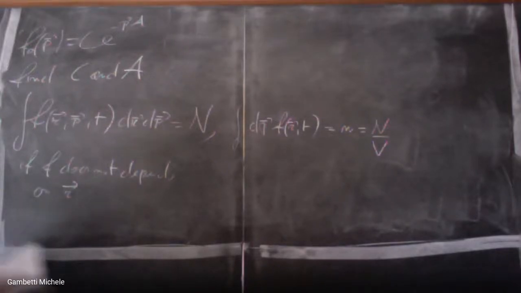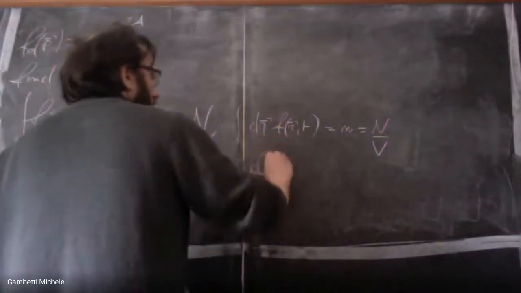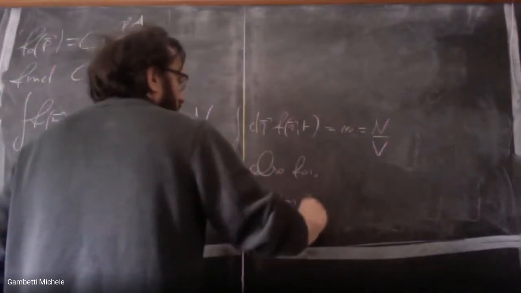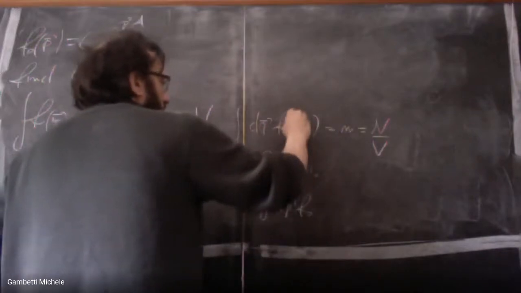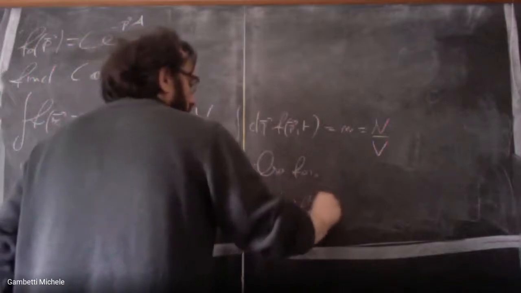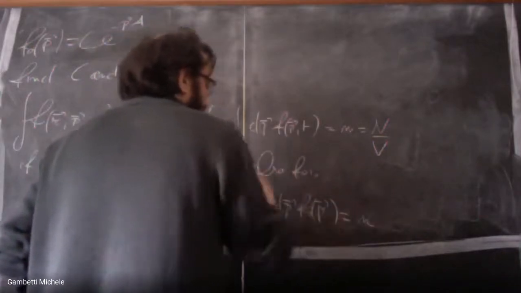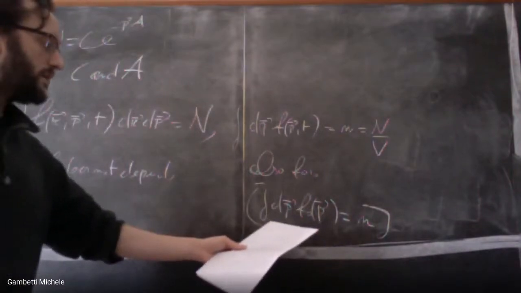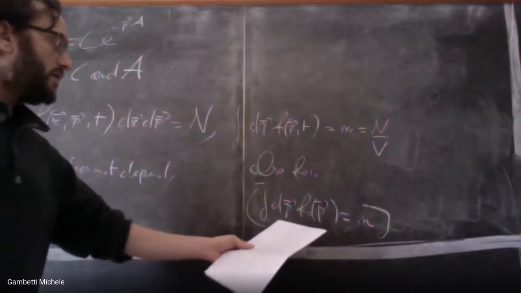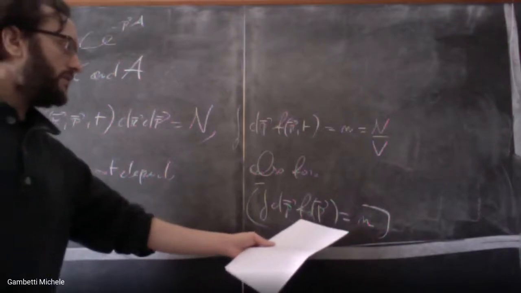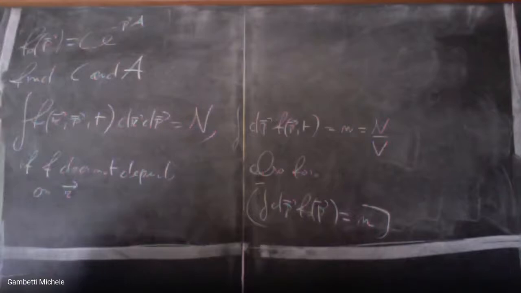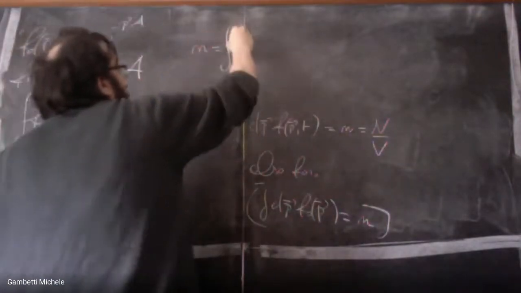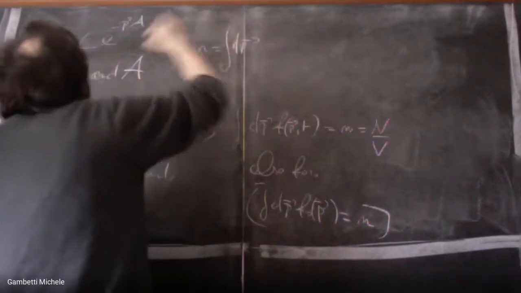Yeah. So, and of course, this is true also for d^3p f0. Sorry, this is not r, this is p. f0 of p must be equal to the density. Okay. So then the first equation that I can impose on my system to find the normalization is that the integral over f0 of p is equal to the density. Okay. So n is equal to the integral of d^3p of c